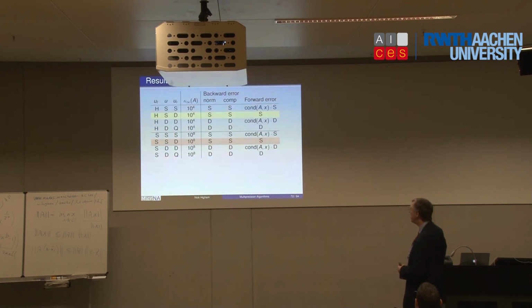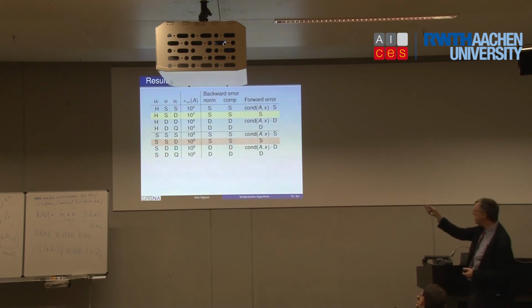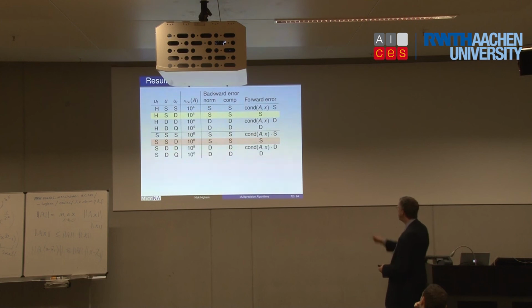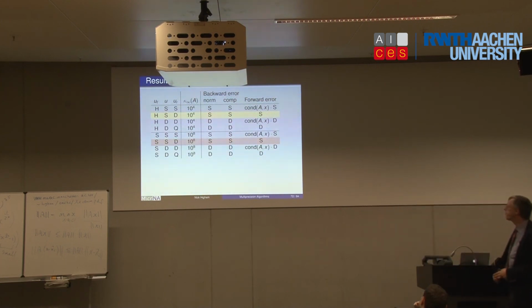Let's focus in on two particular lines, the yellow and the pink. So the yellow line says that if I factorize in half precision, but my base precision is single, why is this interesting? Well, if I factorize in half precision, most of the work is in the factorization. That's where all the n cubed work is. So I would hope to halve my computation time by factorizing in half and doing a bit of refinement for just a couple of steps maybe. So double precision residuals, but I need the condition number to be bounded by 10 to the 4. If it is, I get essentially perfect backward and forward errors.